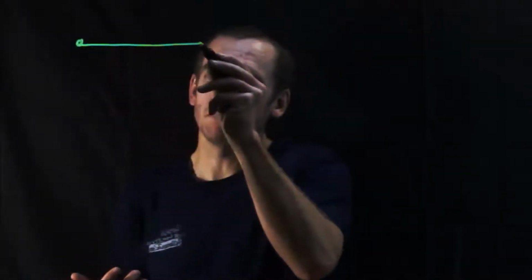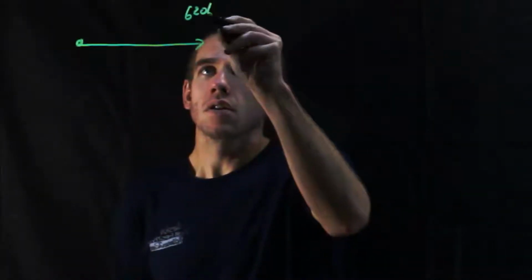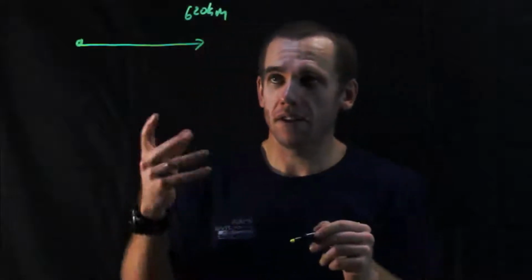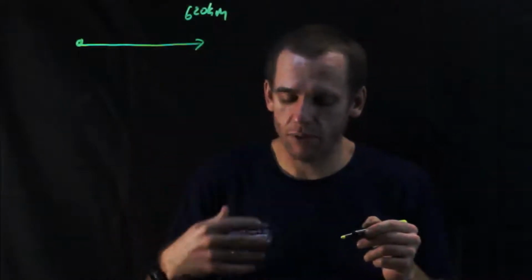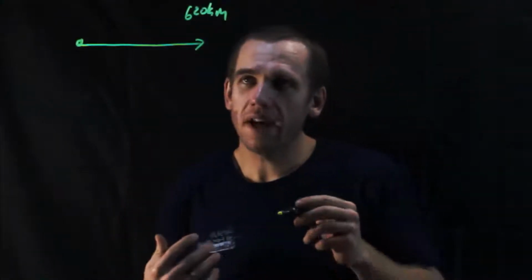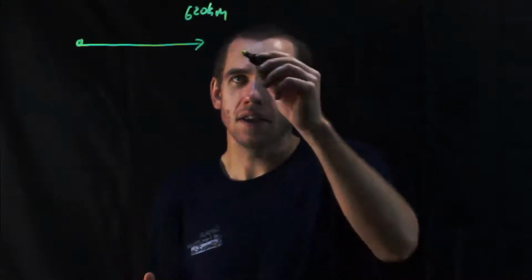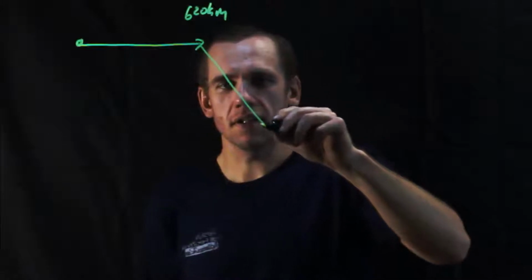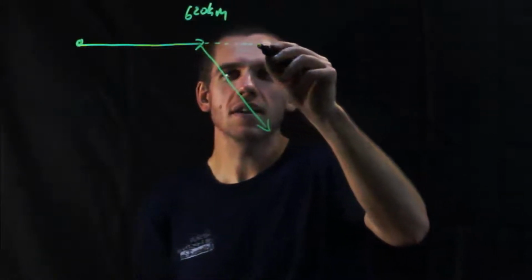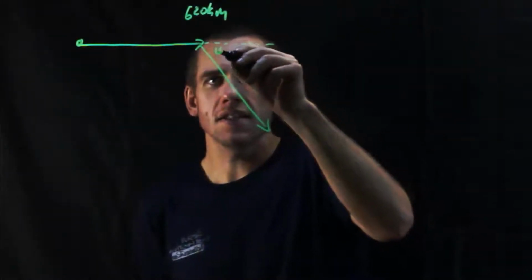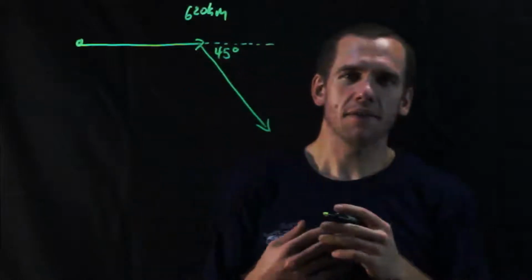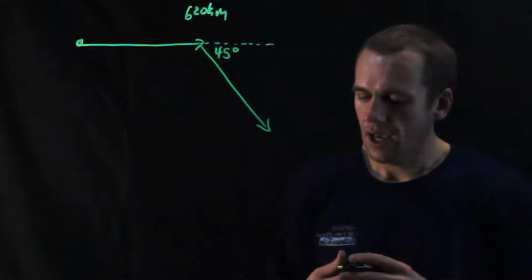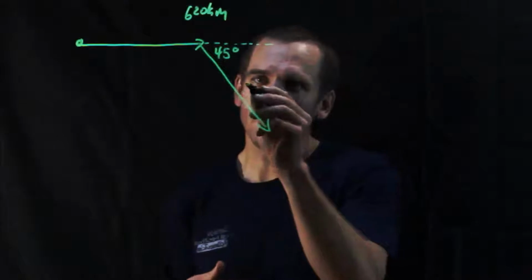So the problem that we're going to look at is, let's say an airplane starts at some position and flies due east 620 kilometers. And then from there, they stop, have a layover, and then they have to fly to another airport that's 45 degrees south of east. Okay, so east is still this way. 45 degrees south of east is this way, right? So I'm going to dash in this line. That's our east line. This is 45 degrees. That's what it means when I say 45 degrees south of east. And they're going to go that far for 440